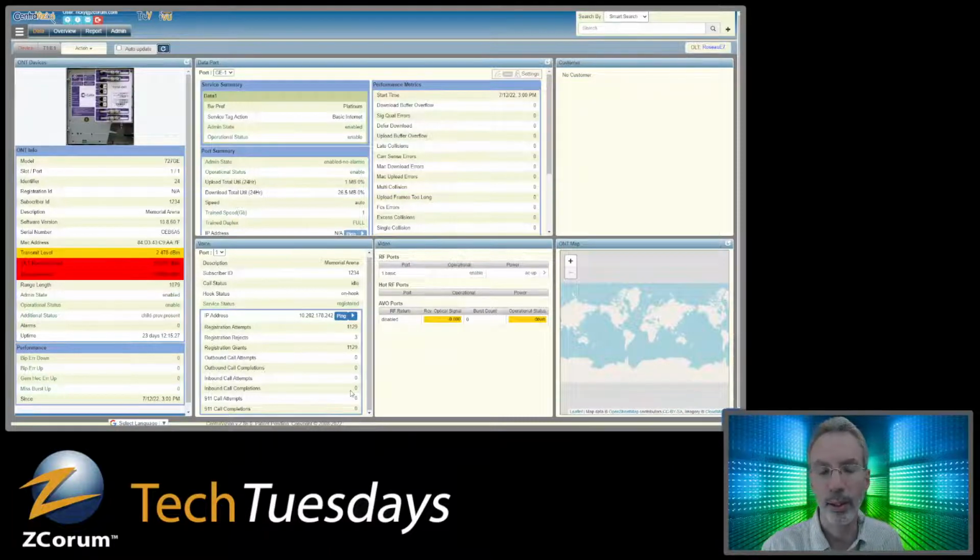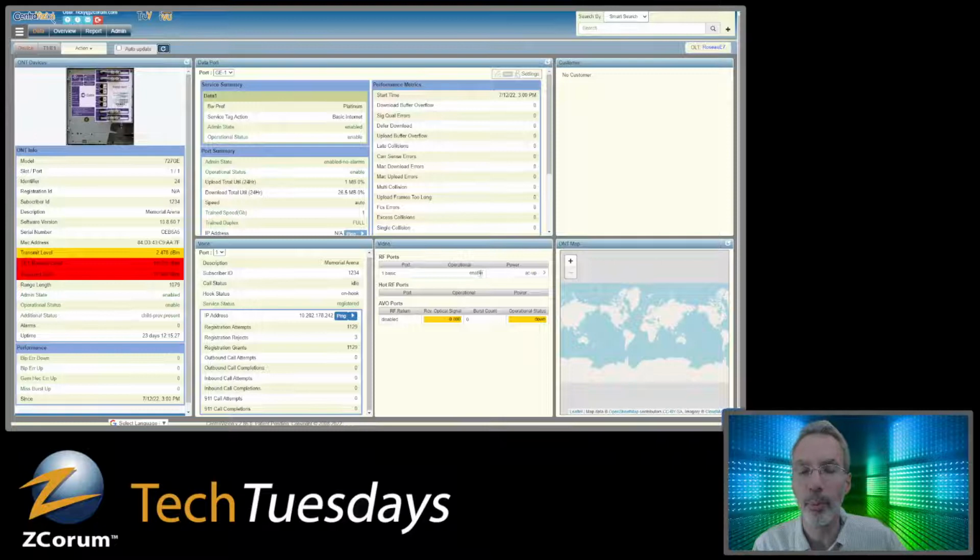So it may be that since the last polling period, these would be call completions and attempts, those kinds of things. I should find that out. Should have found that out beforehand. Then we've got video right here, and you've got your RF ports. And you can see in this case, we've got a descriptor of 1 basic. And is that the same thing? No, that's just a description of this.